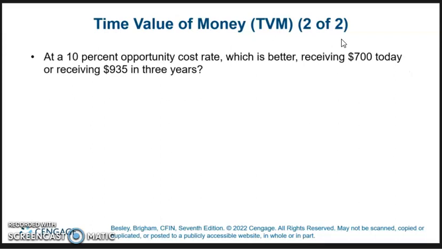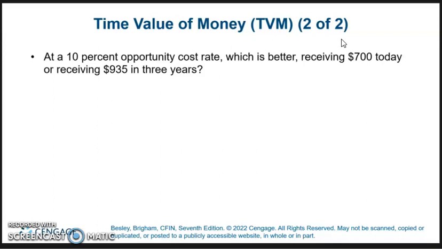So, example here, 10% opportunity cost rate. This book uses opportunity cost rate a lot. I prefer a rate of return or interest rate, APR, the required rate of return. Any of those I like better. Opportunity cost rate sounds like an economist wrote the book. So anyway,